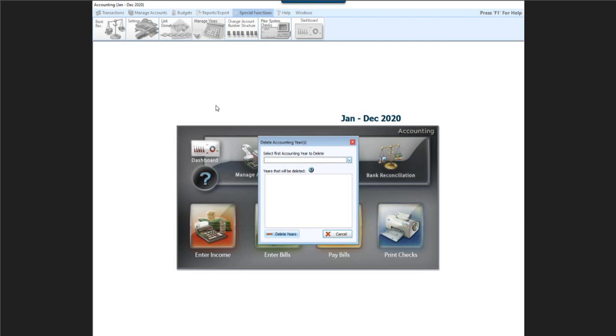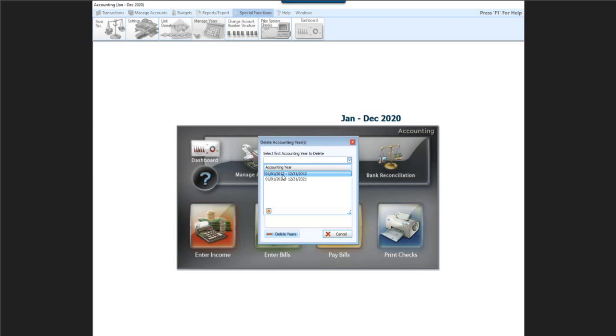Okay. We're on to page 49 now on our workbook pages. So here it says delete accounting years. When I click the down arrow, notice right here it shows me 2 years, 2012 and 2021. Okay, let's talk about that a little bit. Well, 2012 is here, nothing earlier, because the accounting software requires that we keep the 8 most recent years of accounting data. Okay, so obviously 2013 through 2020 is 8 years.